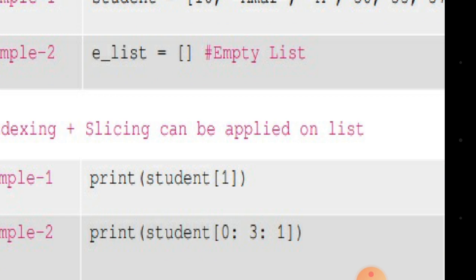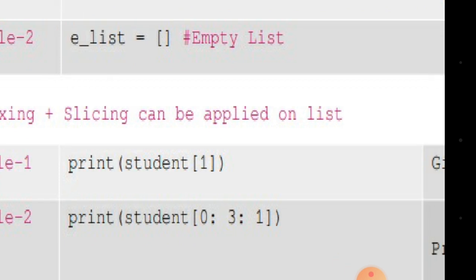Next is slicing. We know what is meant by slicing, a small part from that element. What is meant by slice? A small part, an individual part which itself is a part of that element. So if you want to perform slicing on the list, we can use this concept. This 0 represents the starting value, this 3 represents the ending value. You can take any values, 0 and 3, and 1 represents the step value.